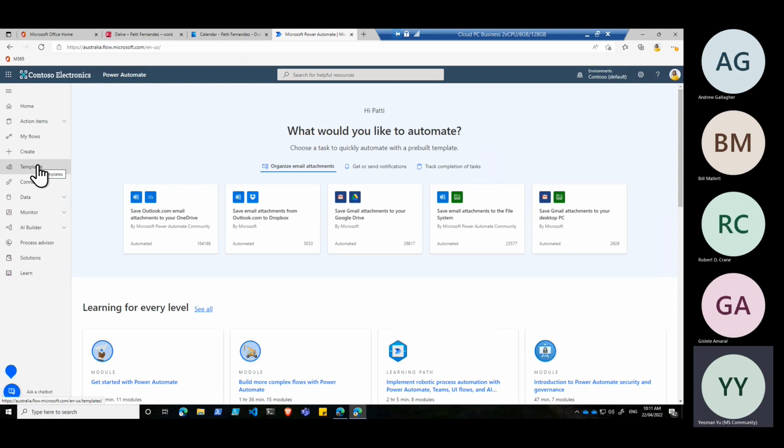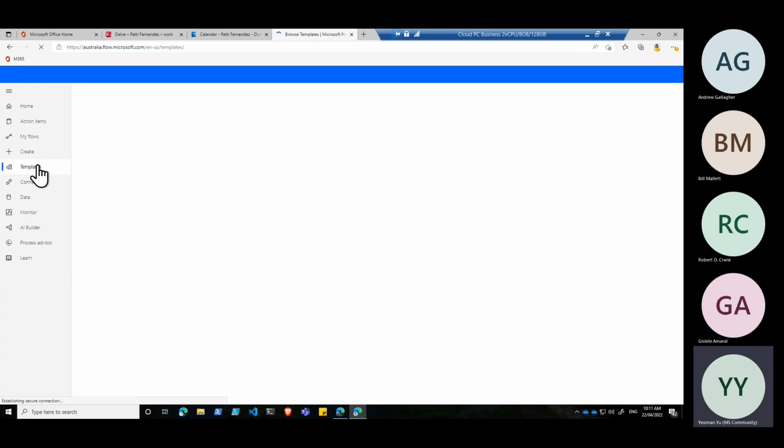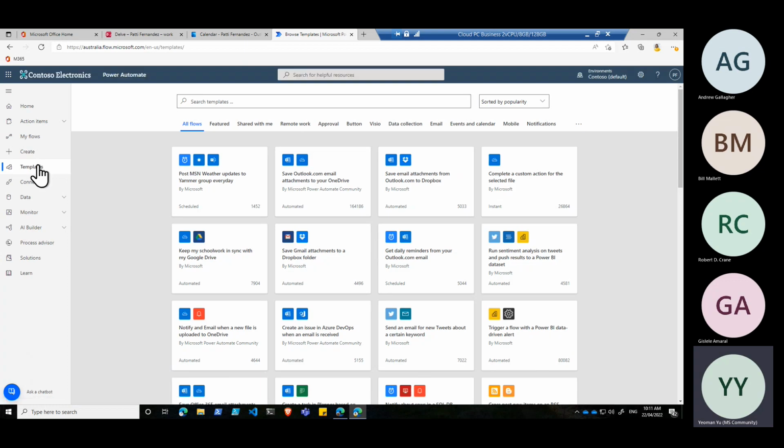Now, when I'm using Power Automate, I actually can create flows from scratch, but sometimes I come and make sure that I'm not recreating the wheel, or I can use one of these templates that Microsoft and others have contributed to create. Maybe there's a way that I can do it using a template, and that's exactly what I did here. So what I do is I go and search for this particular term, calendar copy.